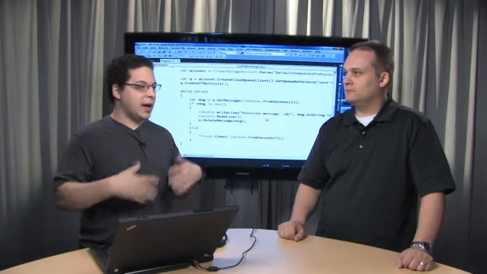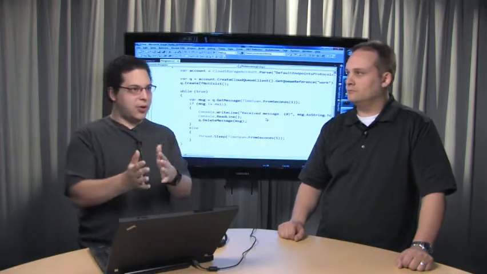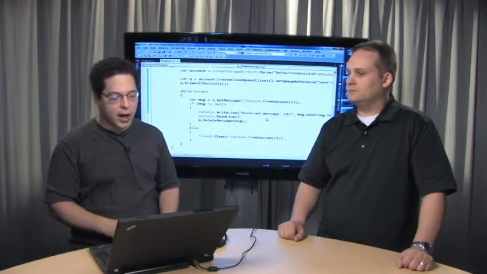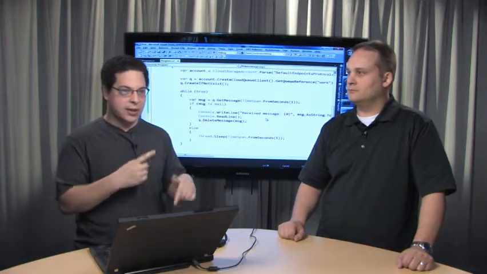Messages are also not guaranteed to be delivered in the same order they were enqueued. In general, this can happen just because of the timing of a whole bunch of machines hitting the service at the same time. But the visibility timeout can also make the same thing happen. When this thing becomes visible again, you'll pick it up later, even though it was the first message in the queue or something, right? So you have to be able to deal with getting these things out of order,